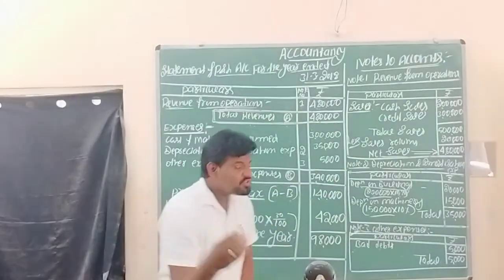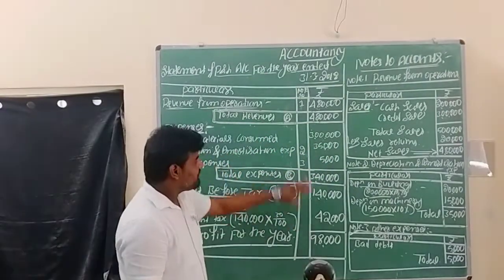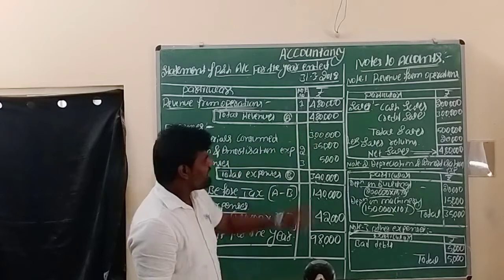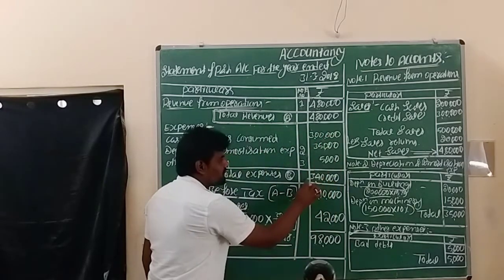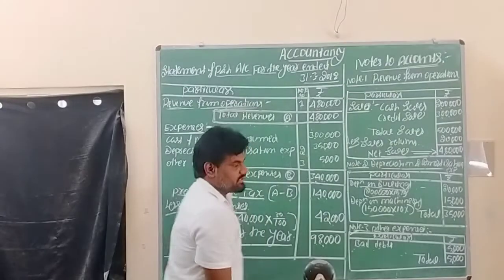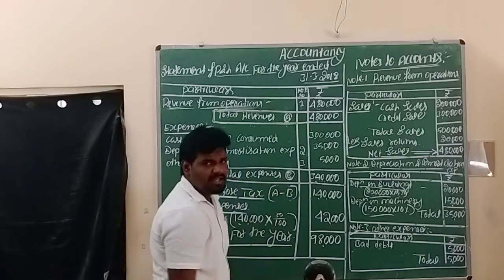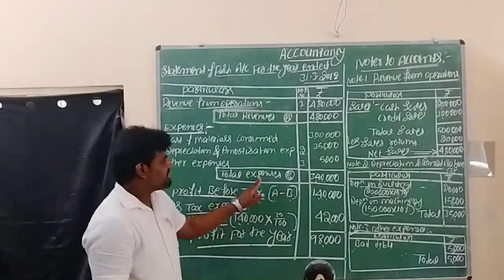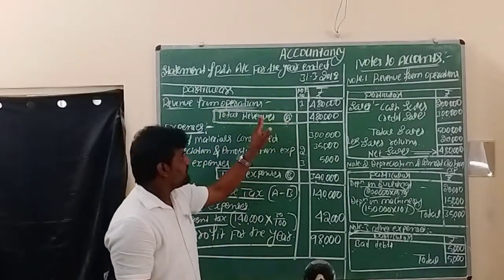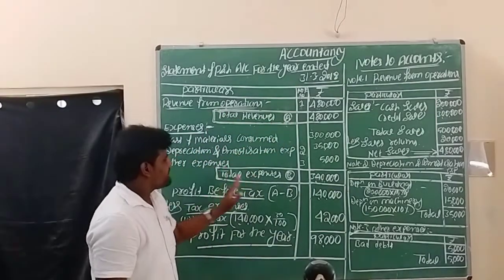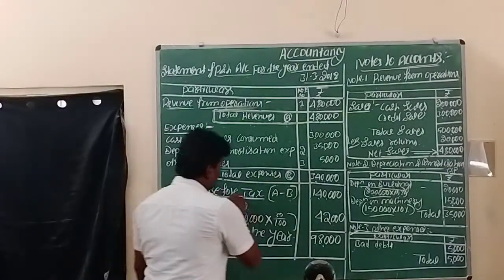As per this question, these are the available transactions related to expenses. Now we need to make a total of all the expenses. 3 lakhs plus 35,000 plus 5,000 means a total of 3,40,000 rupees. These 3,40,000 rupees we can treat as total expenses in the business. These total expenses we can make as B. Total revenues, A. Total revenues are total incomes, A. Total expenses, B. The next step, we need to find profit before tax.